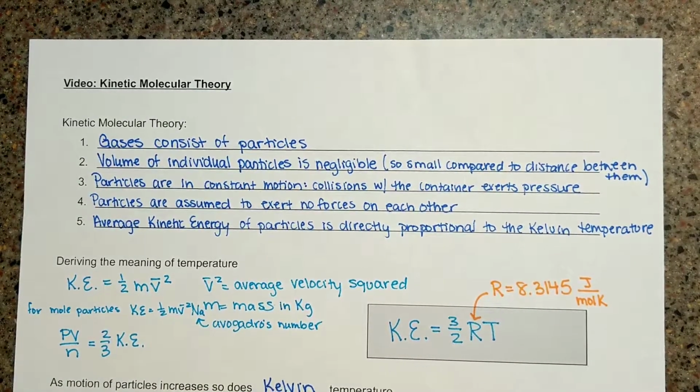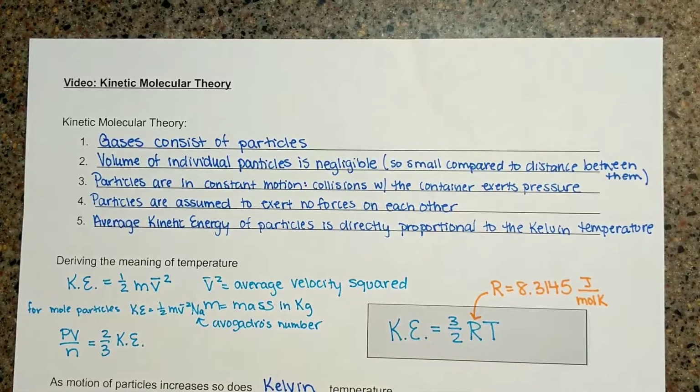This video is on kinetic molecular theory and root mean squared velocity. So kinetic molecular theory has 5 different parts. It states that gases consist of particles. The volume of the individual particles is negligible because that volume of the individual particles is so small compared to